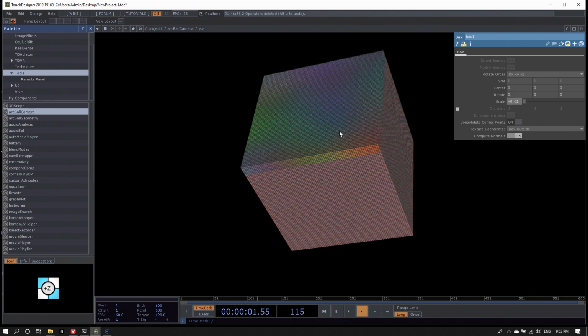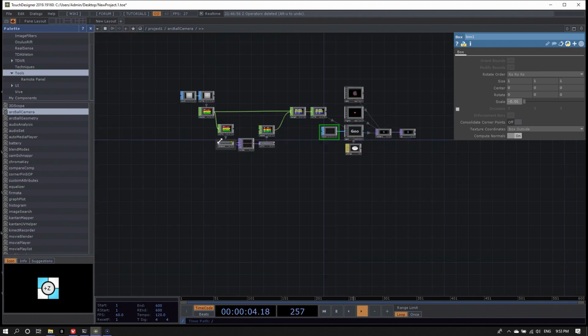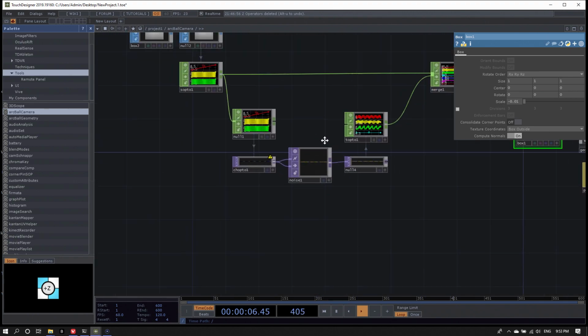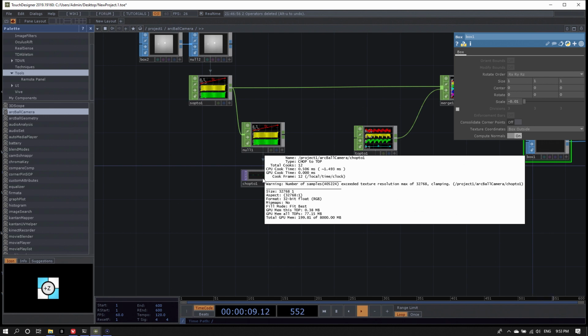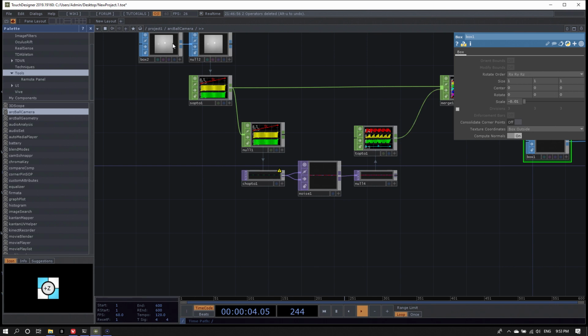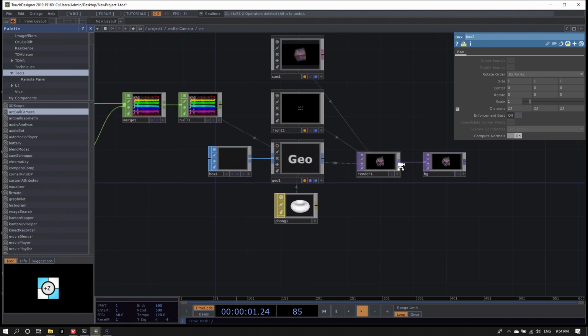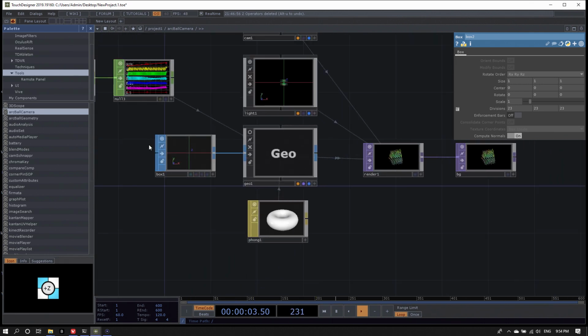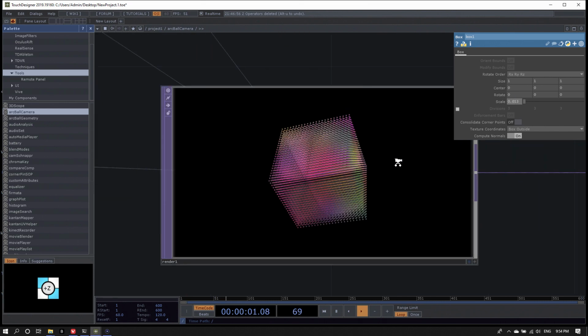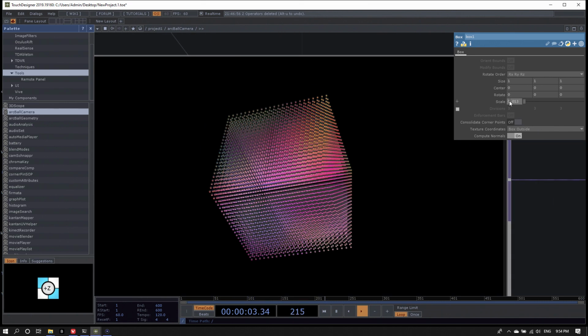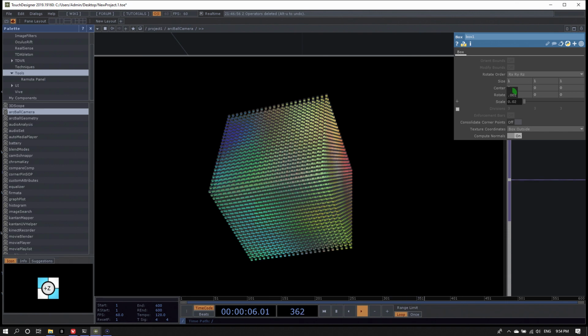I can go way higher without really, well, actually, this is funny. I created now so many that my tops are clamping. Number of samples exceeds texture resolution. So I have to go down a little bit. 73 by 73 by 73 maybe has been a little bit ambitious. But 23 by 23 by 23 is already a lot of boxes, and my frame rate is pretty much the same as it was before. Here we go.